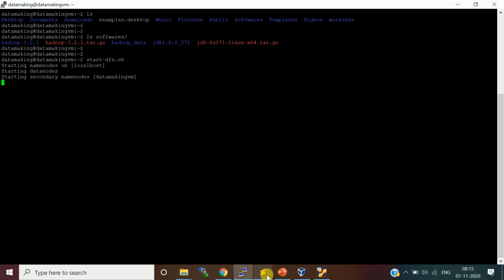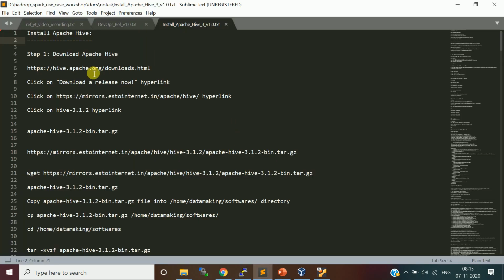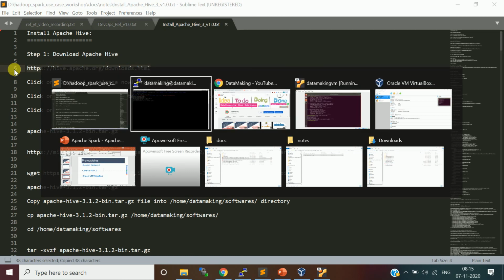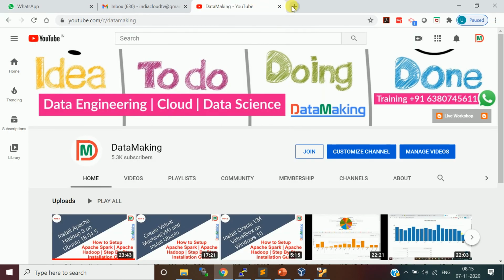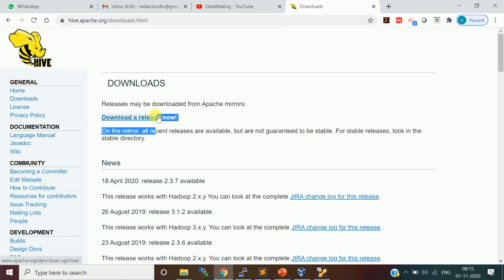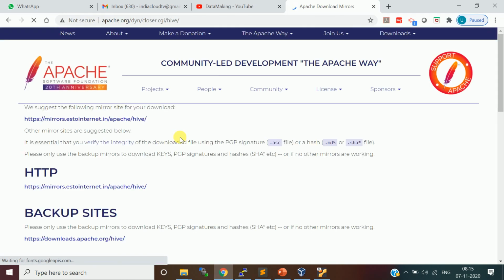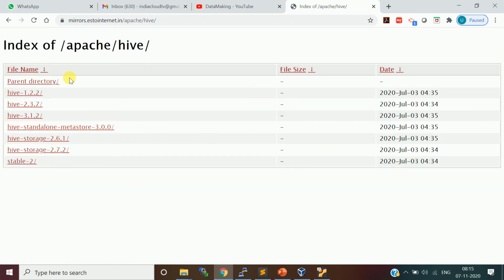Before that, let's get started. First we are going to download the Hive binary file. For that you can go to the website hive.apache.org, click on download releases, click on Hive, and select whatever version you want.